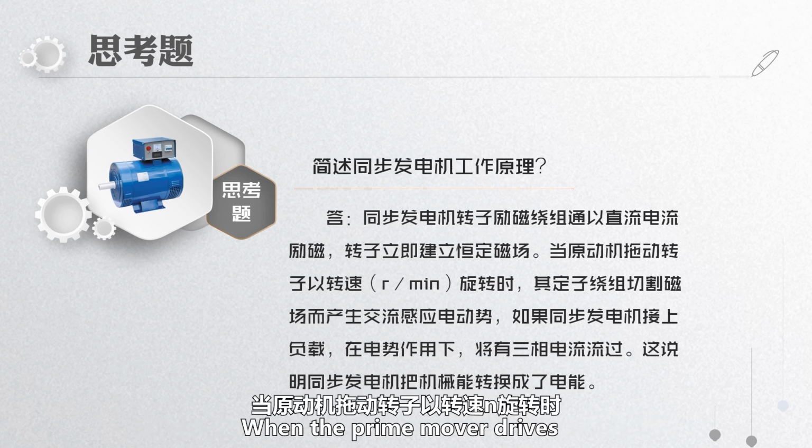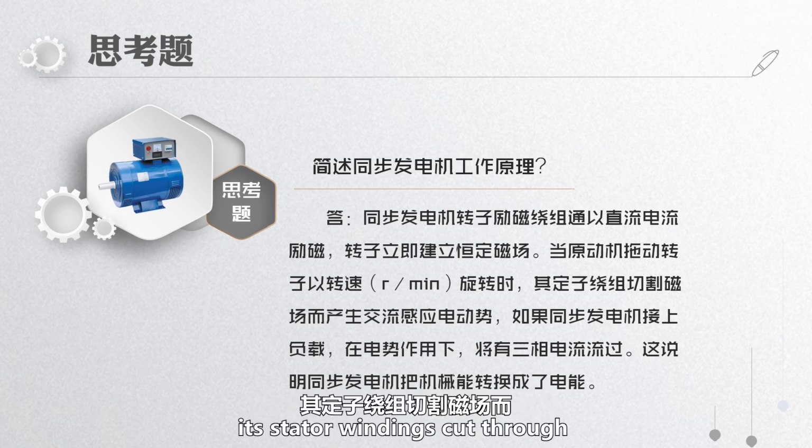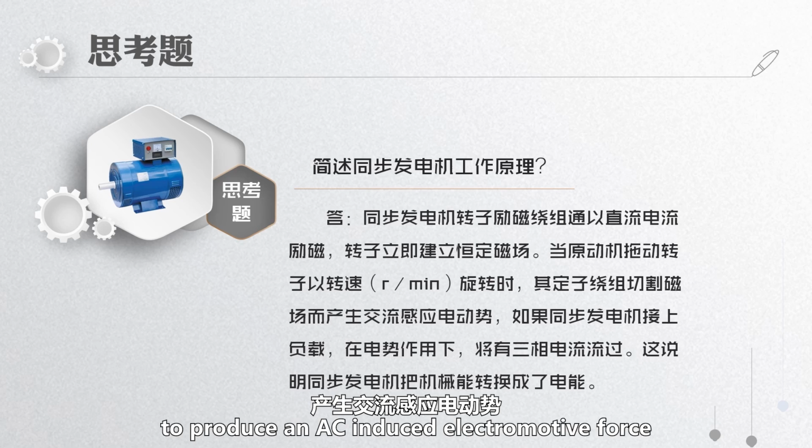When the prime mover drives the rotor to rotate at speed n, its stator windings cut through the magnetic field to produce an AC